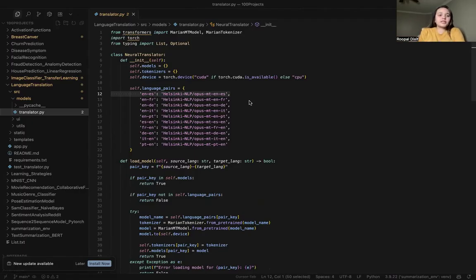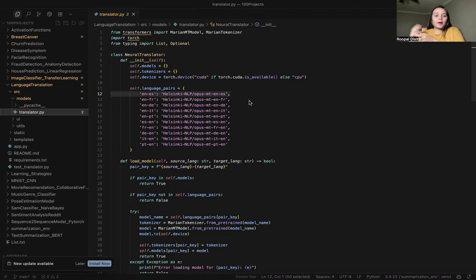First we are just setting up the library, setting up all the environments for that. We are using the transformers, torch, and typing libraries. Transformers basically provides access to Marian MT models and tokenizers from Hugging Face. Hugging Face is a very good platform which provides very usable and accessible libraries that you can use, play around with, and understand how these things work. So I truly recommend that.